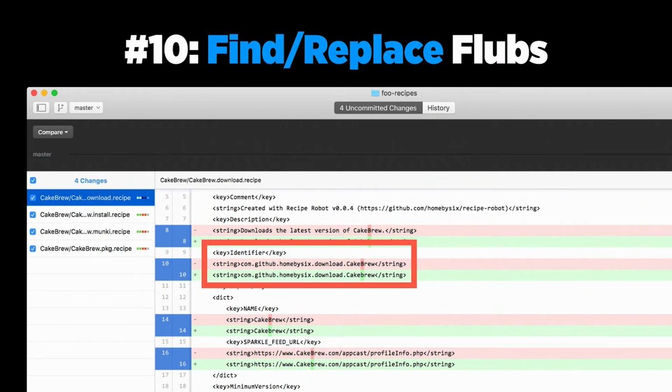Here's a mistake that I made personally, and I'll own up to it. I've got a lot of recipes that I administer, and one of them was Cake Brew that I created. It's a great GUI app that lets you manage your homebrew instance on your local computer. And one of my clients asked for Cake Brew to be installed on their computer, so I made a recipe